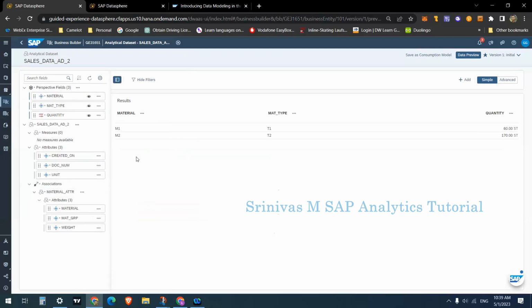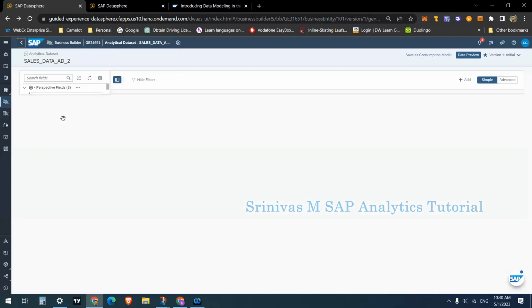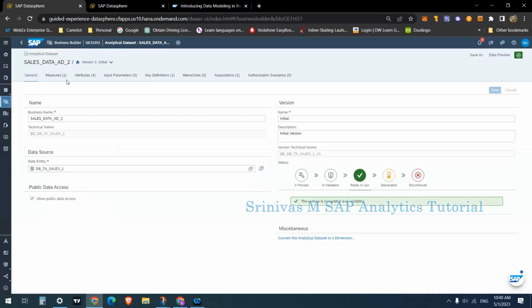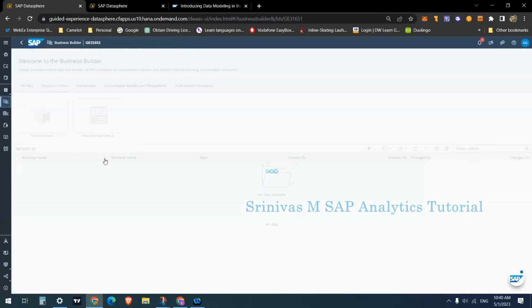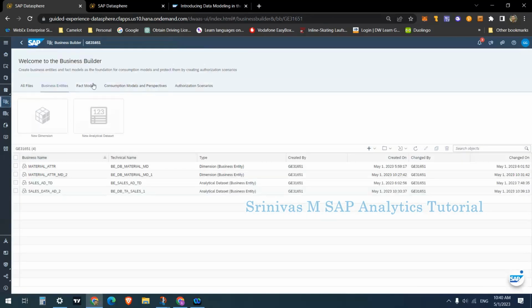Then you are using it like, in BW, what we call a navigational attribute. You see on T1, T2, you are getting the material type. From master data attributes also, you are able to consume on your data preview. So that's it. This is how to create business entities, either a dimension or an analytical data set. I hope it is clear, and in our next session we will see about fact